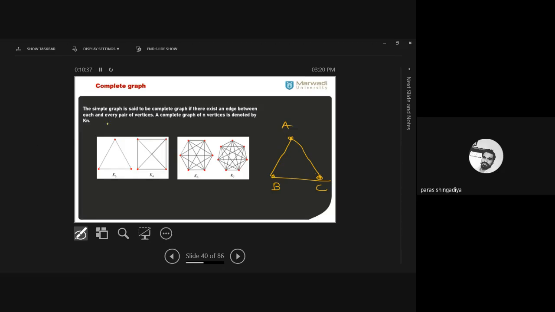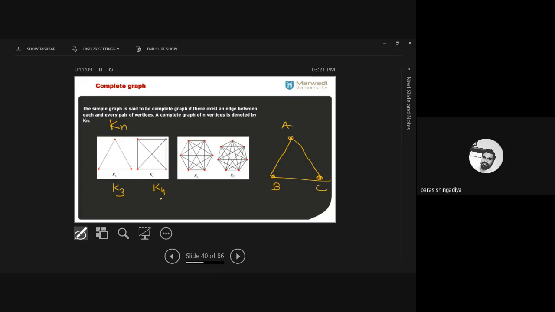What is the meaning of Kn? That is called a complete graph. Considering the number of vertices as 3, that is the shape of K3, the first one. You consider 3 vertices and then connect each and every pair. The second graph is known as the K4 shape, where we consider 4 vertices, and you can see that every vertex is connected to the remaining ones. Take any one vertex, it should be connected with all the others. That is the meaning of a complete graph.